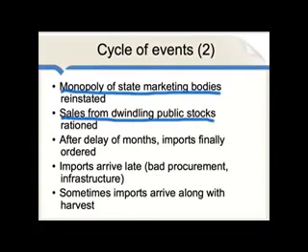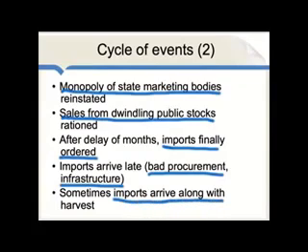During all this time, there's a demand for greater imports, typically from neighboring African nations, and after a delay of months, some of those imports finally arrive, or they are at least ordered, but the imports on average arrive late. That's because Malawi has bad procurement policies, and also because the infrastructure and transportation are very bad, and sometimes by the time the imports have arrived, they arrive at exactly the same point in time when the next harvest is coming along, which is when the imports are needed least, and that makes the price of corn for a while